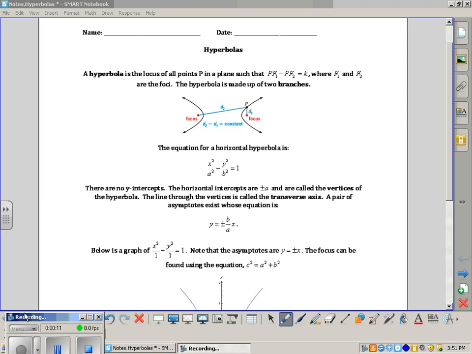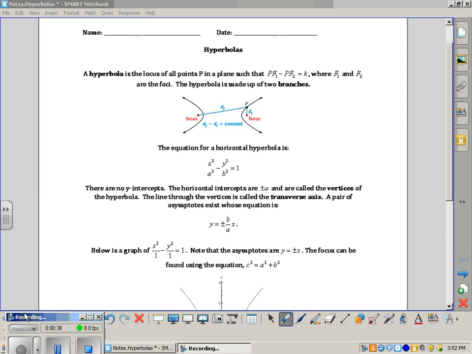So I guess the first two pages that you have in front of you have a lot of information about hyperbolas, and I think the examples we're going to do are going to be pretty good explanations of how to graph hyperbolas. But at least in terms of a basic definition and an initial formula, if you would just read with me, it says a hyperbola is the locus of all points P in a plane such that PF1,